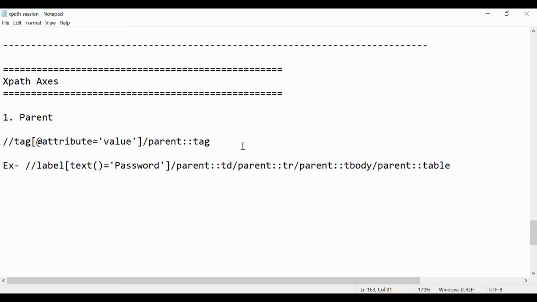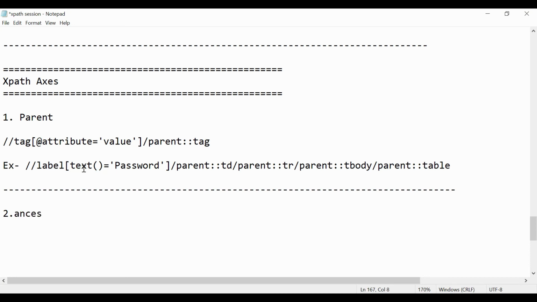Okay, next is ancestor. Using this parent access we are able to move in reverse direction to the parent tag of the current node.